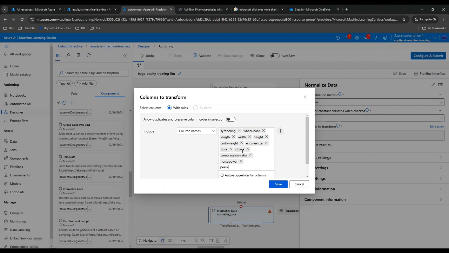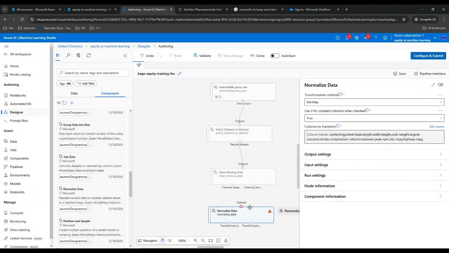Peak RPM. I think that is it, and then you have the city MPG, I'm using one of the examples from MPG, and then highway MPG, right? So I want to include these columns. Once I include these columns, oh, now I know why, I think. There you go. Once I include these columns,